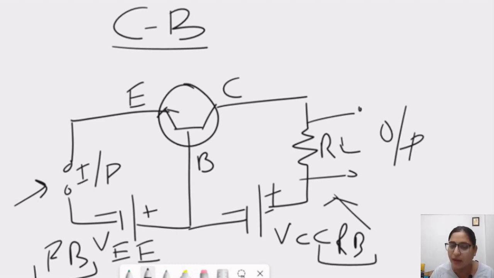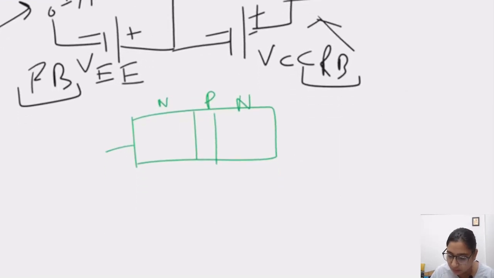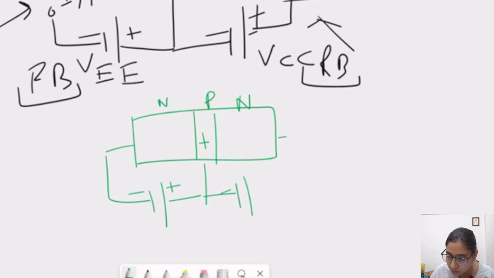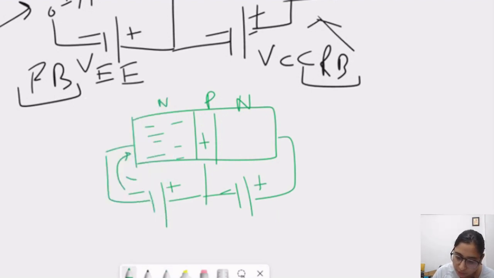Now we will discuss how current will flow inside this circuit. This is our forward bias. Forward bias means here holes are in majority, positive, so positive is connected to positive, and this will be reverse bias, so positive is connected to negative and negative connected to positive. Now what will happen? We know that the emitter region is heavily doped with electrons. Due to this forward biasing, electron flow will be in this direction, and they push these electrons towards the collector junction.